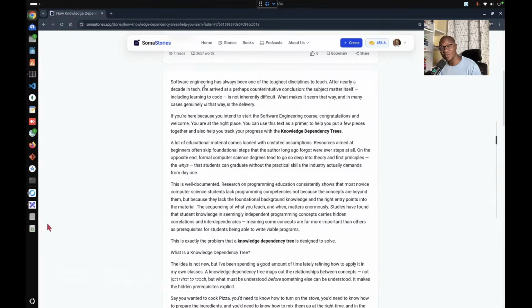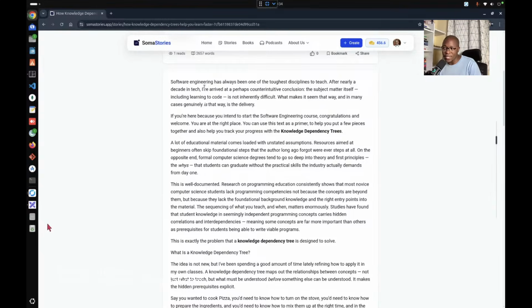It's because it's quite complex. There's a lot of dependencies in terms of concepts. So for example, you cannot learn about functions if you don't know variables, if you don't know parameters, if you don't know arguments. So you need to know what an argument is, what a parameter is, how to call a function.